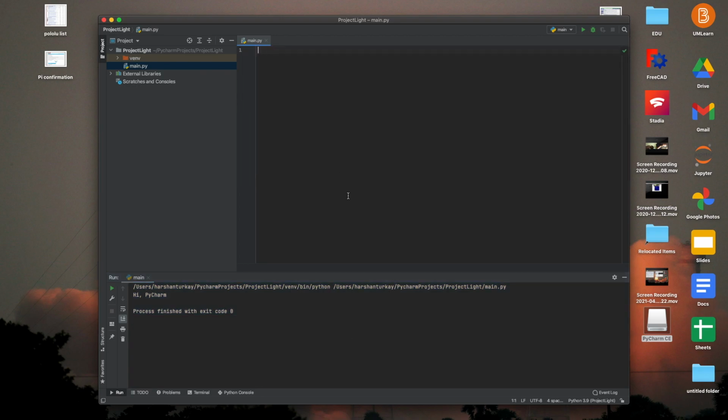All right, so let's just write a simple code. A print hello world. This is just something that all the programmers do, just to check if the program is working or not. Yeah, there you go. It's working. Now let's write something more complicated. Not really complicated, but something more,